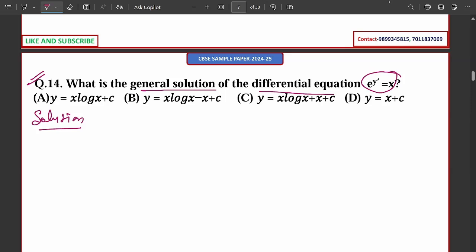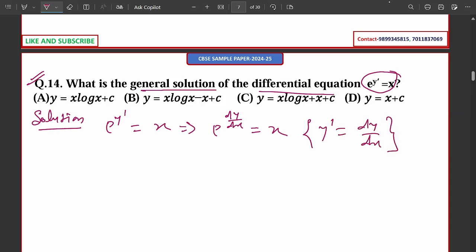So e raised to the power y dash is equal to x. So for this we can write this equation e raised to the power dy by dx is equal to x, because y dash is equal to dy by dx. Now